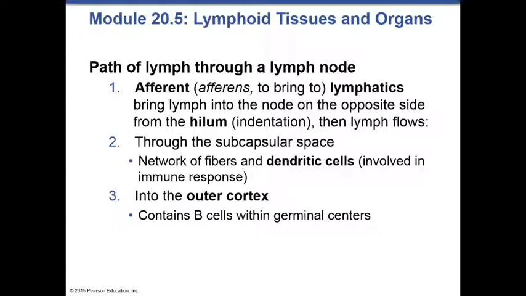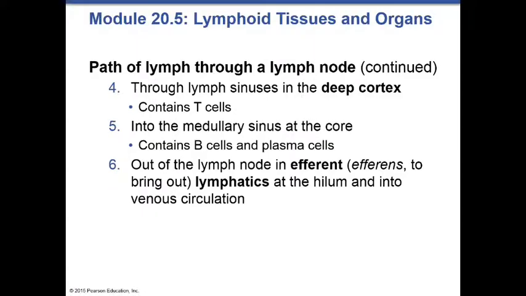And it's here that there are a lot of B cells. Recall that B cells are your antibody-producing cells. From that outer area, they're going to go to the deeper cortex, and here there are T cells. So as you see, the lymph carrying potential toxins, virus, bacteria, whatever has gotten into that lymphatic fluid is going to go by phagocytic cells, it's going to go by antibody-producing cells, and go by various T cells. And this will allow basically the entire, much of the cellular immunity to be able to interact with or destroy